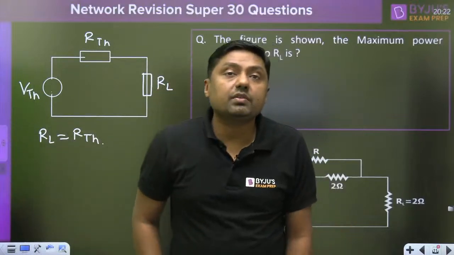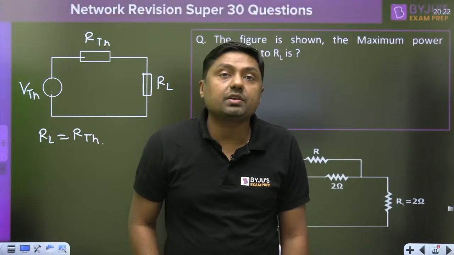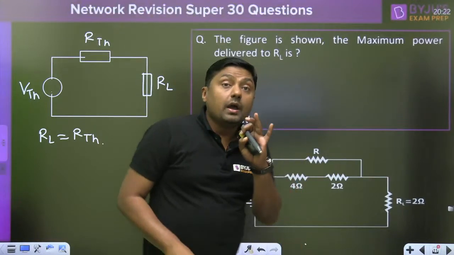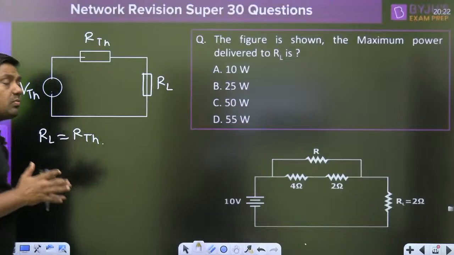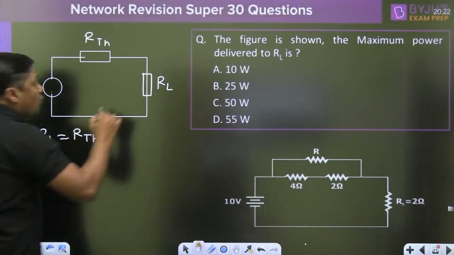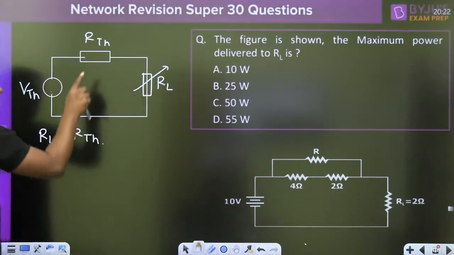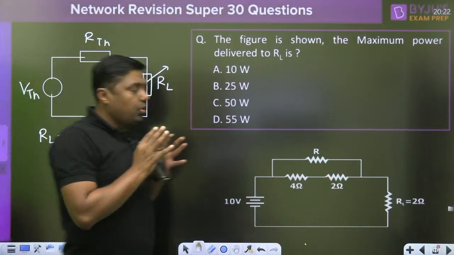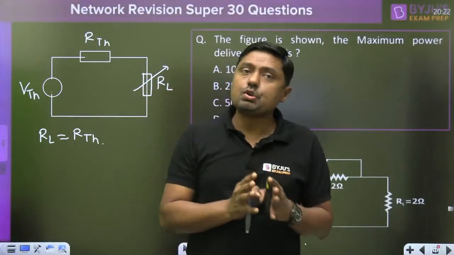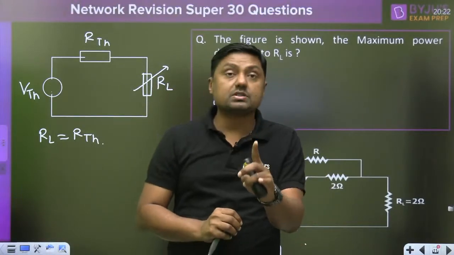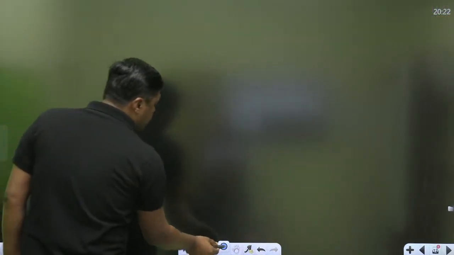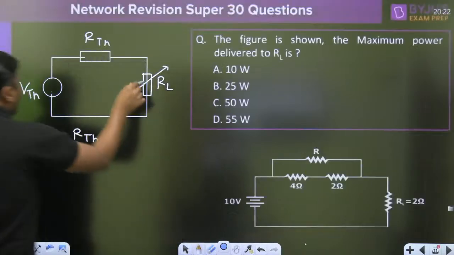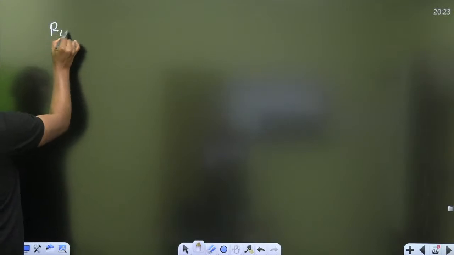Okay. Now what should be the value of R? Some student named Mani gave the answer 3. Sai Kiran Reddy gave answer 3. But my dear students, according to the maximum power transfer theorem, when RL is variable, it should be equal to what? RTH. First of all, you have to find Thevenin's equivalent of any diagram. Everyone remember this. If that is the question, always remember in the maximum power transfer theorem, which one is variable? RL is variable.